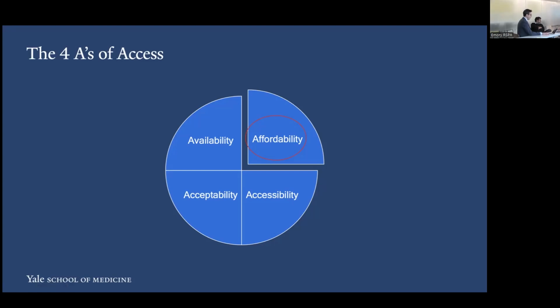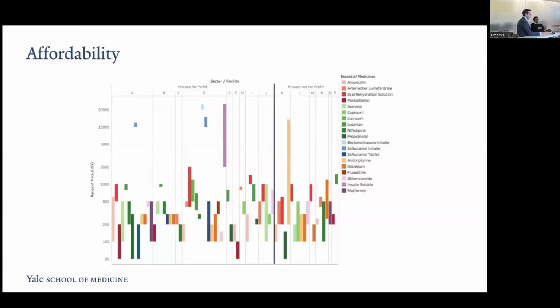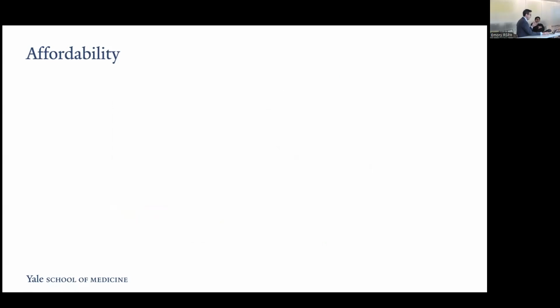I'm with you. So let's shift from availability to this last A, affordability, right? Which is a major issue, and this is what the case I introduced is centered upon. Some of our work in Uganda has shown, with the medicines each in a different color, some for acute conditions, most for chronic conditions, looking at the range of price on the y-axis, and just over a 5-week period, that some of these medicines had quite large ranges of price. And so for folks on fixed limited incomes, that posed major affordability challenges.